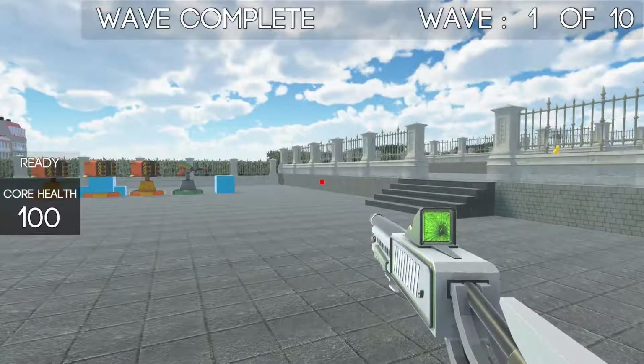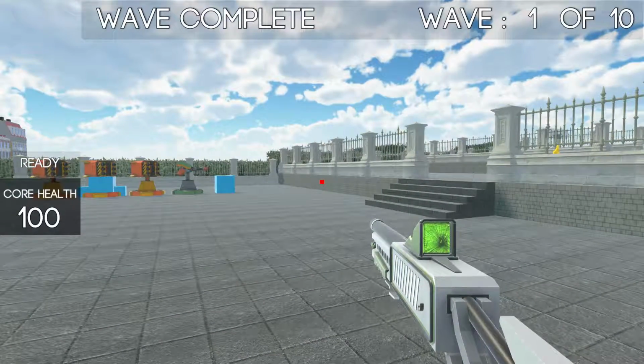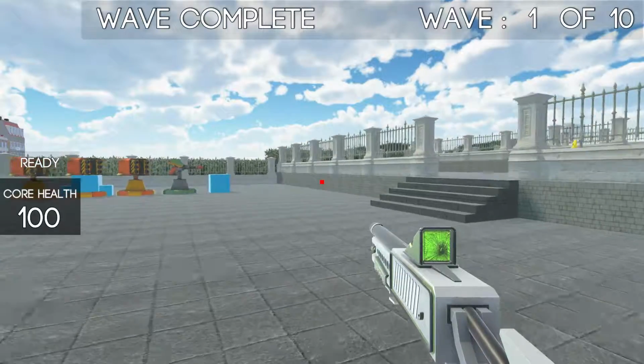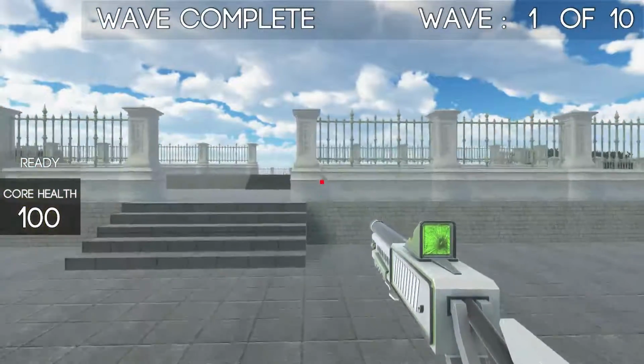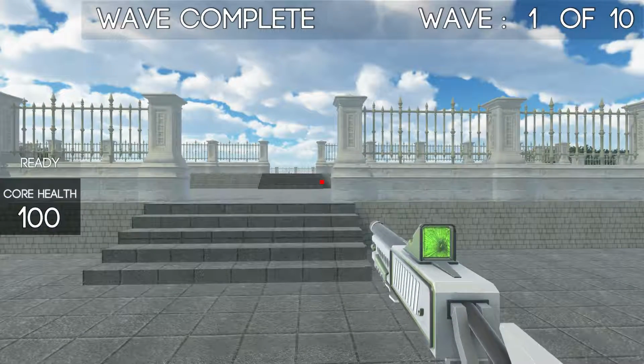Okay. Rocket Tower has been tweaked slightly to fire more often. Didn't really want that. I need to change that the other way. Yes, so we've got the wave complete 1 out of 10. That wasn't working on clients. It was for a very silly reason,